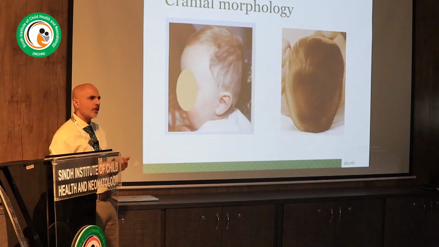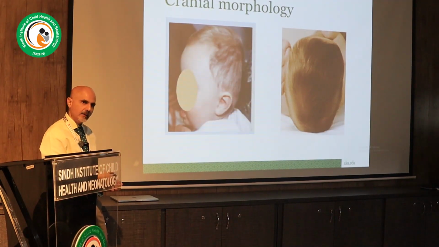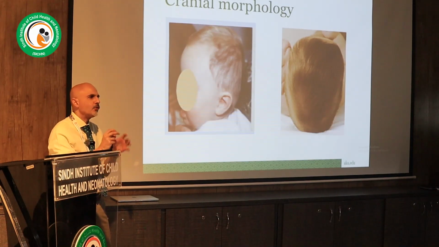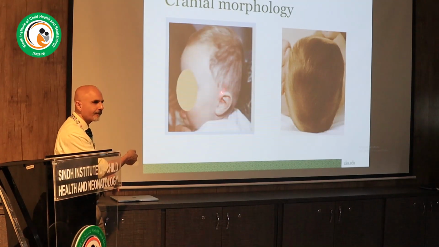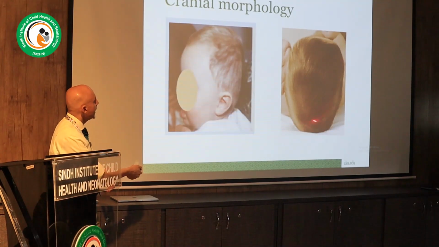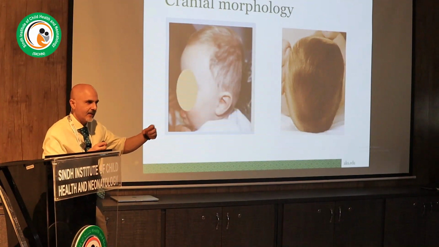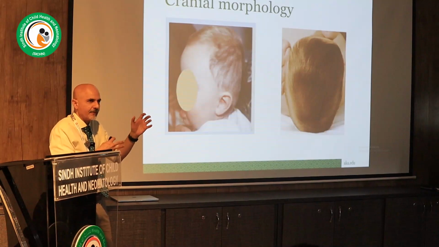Then you look at the cranial morphology, and this is an example of a flat back of the head. If you don't know any term, you can use these simple terms, that's also okay. Just don't use inappropriate terms. So the technical name for this would be brachycephaly. Very good, okay? And this is more of a longitudinal, elongated head, right? I would not call this an American football shaped head. Some references call it that.